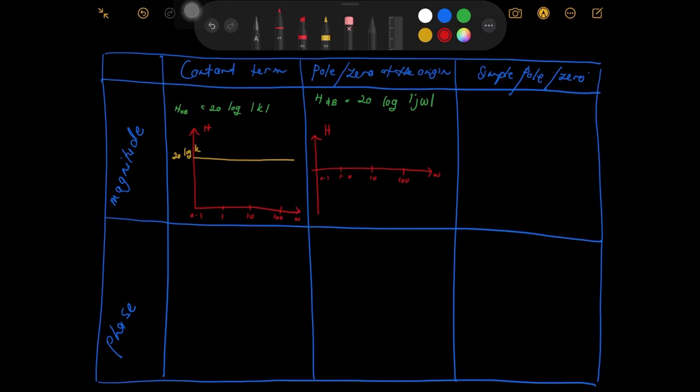You will draw a straight line going through 1 in the middle,